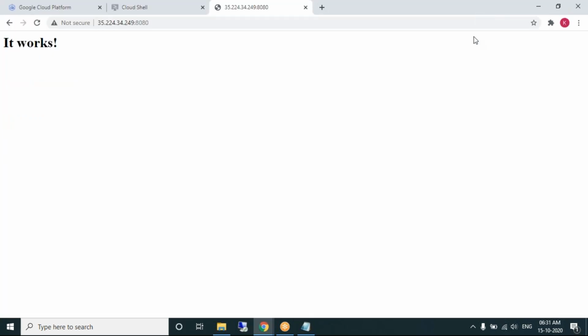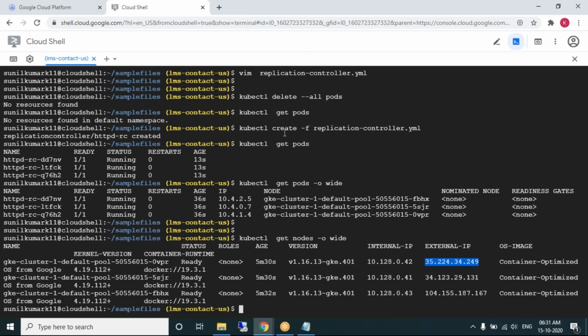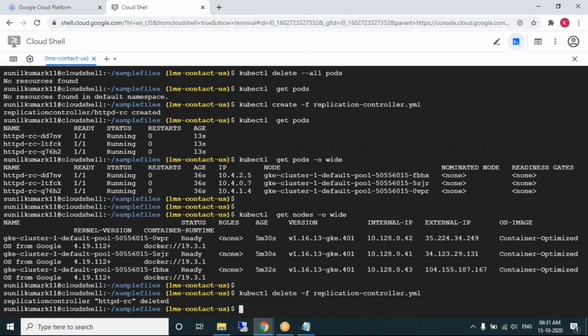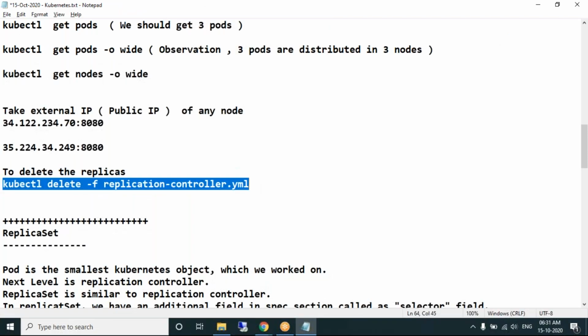When you delete the file, the replication controller will be deleted. Deleted. I hope you have understood the concept of replication controller. For performing load balancing, when you want multiple pods, you go for replication controller.